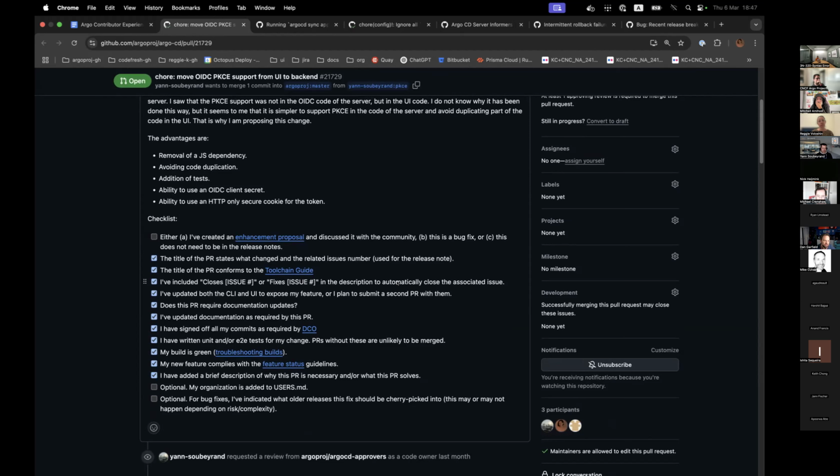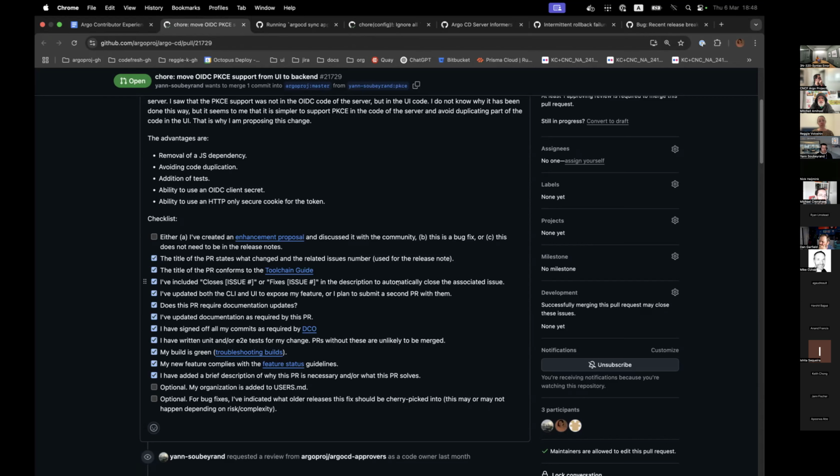For example, we can use HTTP only cookie to store the tokens. I think it's better. And also, we can have Pixie for OpenID client with secrets. It's something that we cannot do today with the code in the JavaScript, but with the code in the server, we can add Pixie for secret, not public OpenID client, which is a recommended practice.